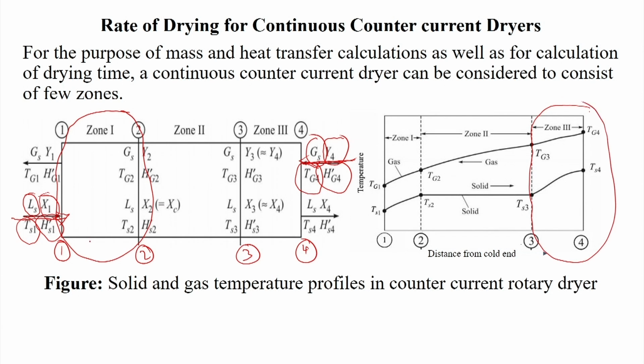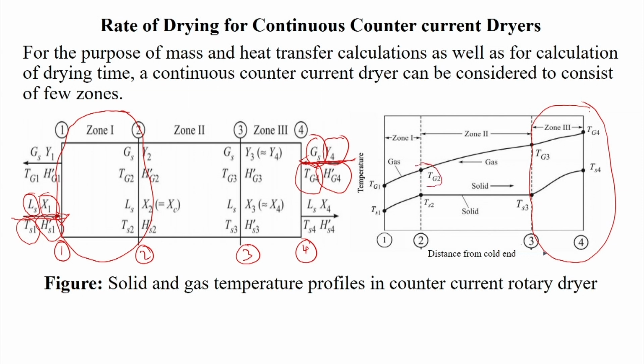So, in zone 1, whenever it is entering in the beginning, the drying air entering zone 1 is at a low temperature, because in zones 2 and 3 the hot air is used to separate this moisture, and during this process the temperature is decreased. So, it enters zone 1 with this minimum temperature, at Tg2.